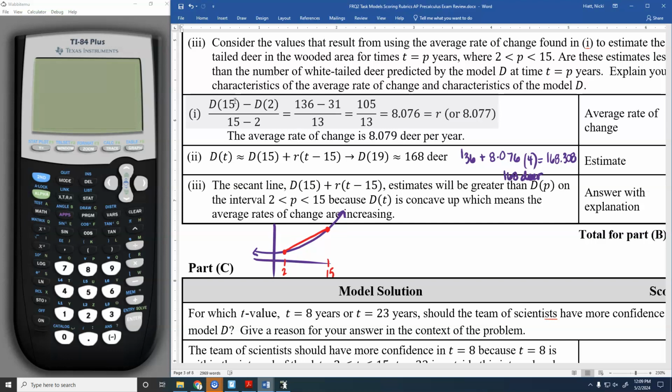So in this case, is it asking us to look below 2, between 2 and 15, or above 15? Between 2 and 15. So between 2 and 15, which one is highest, the line or the exponential? The line. So since d of t is concave up, that line, you could call it a secant line,